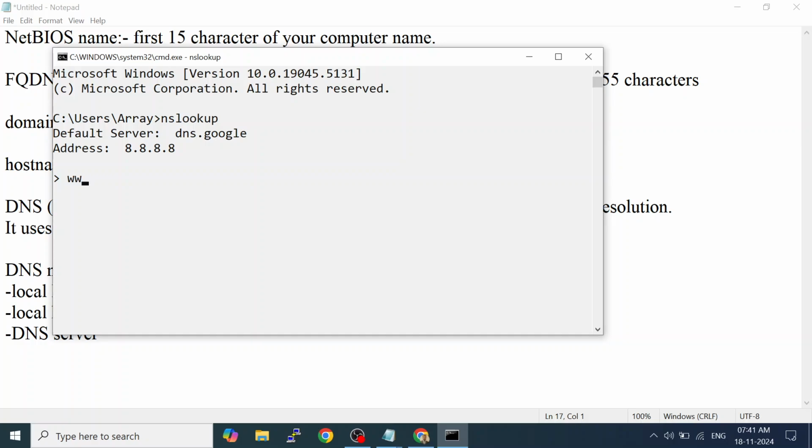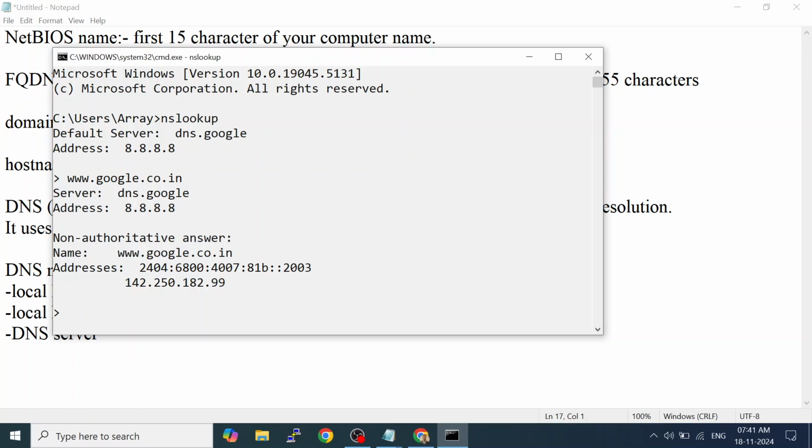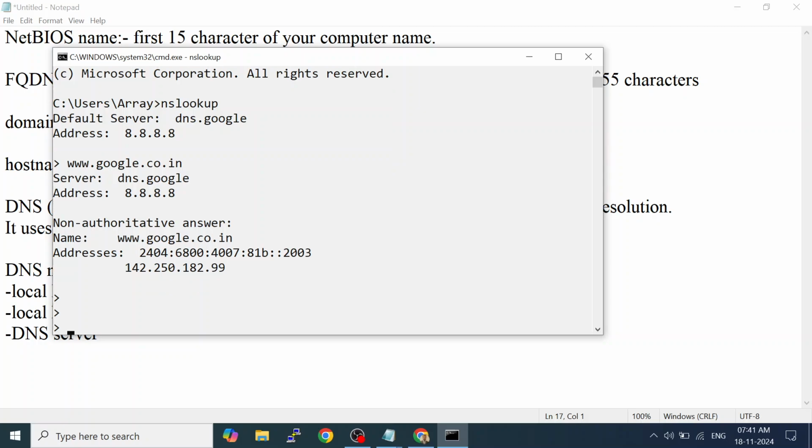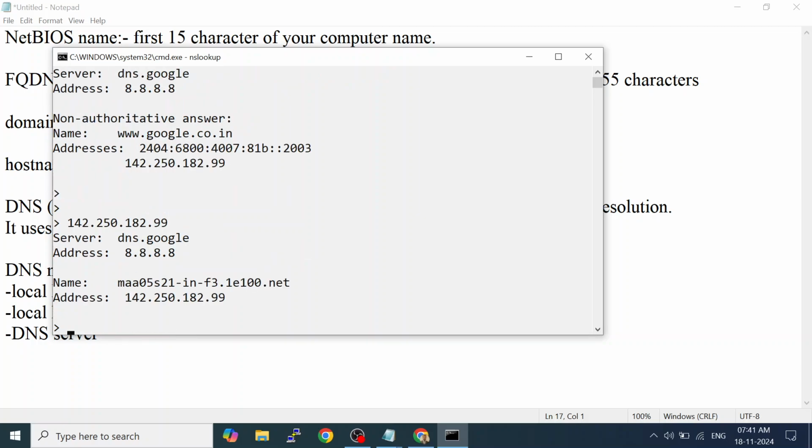Now you want to know the IP address of google.co.in. You got it: IP version 4 and IP version 6. Now I want to know whose IP address this is.